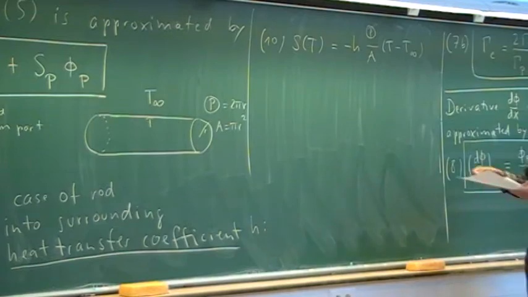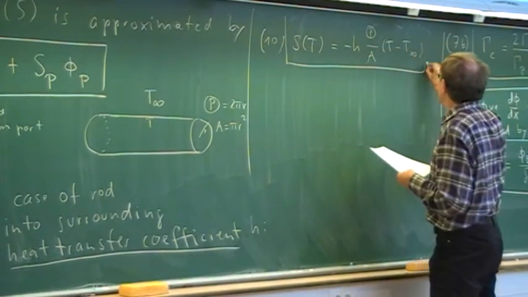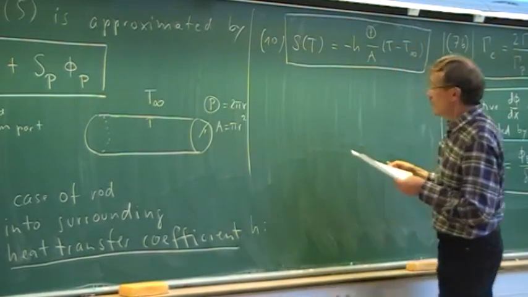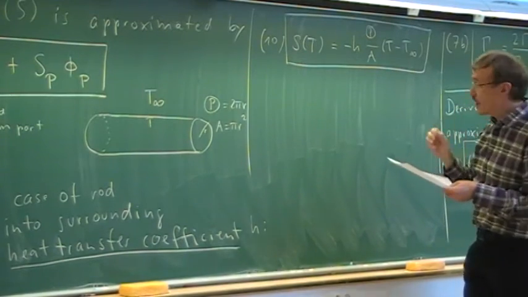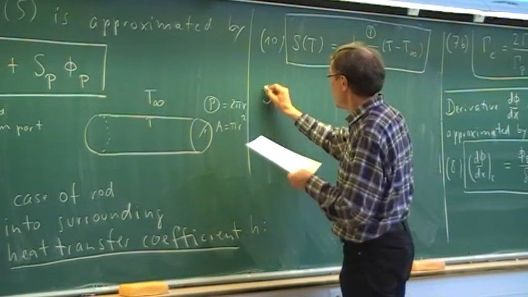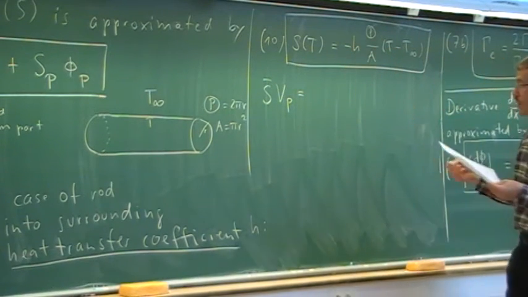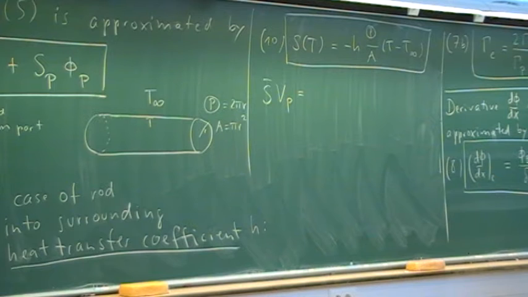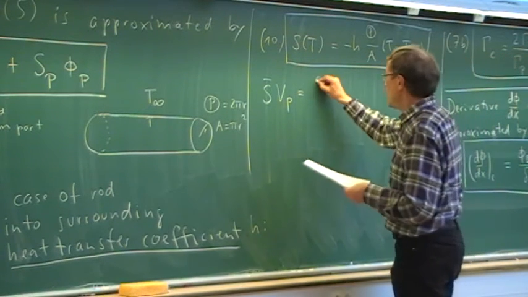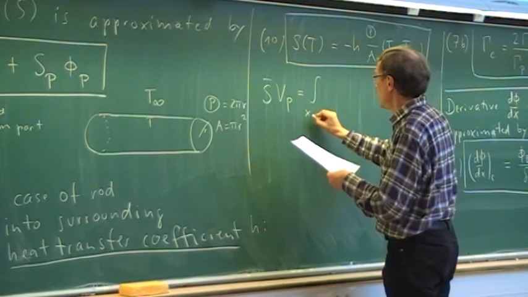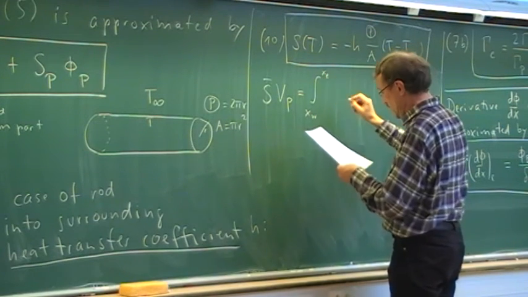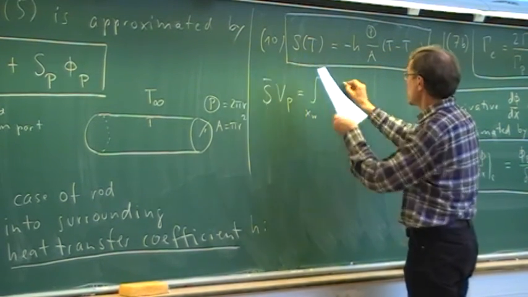So that is the model then of the source term. And the interesting thing is now what we get then for the SVP. That is the source. That is then in the steady heat conduction equation. We get in our case the integral from the western to the eastern face over this source